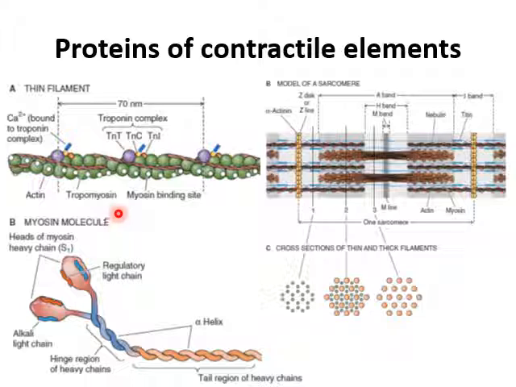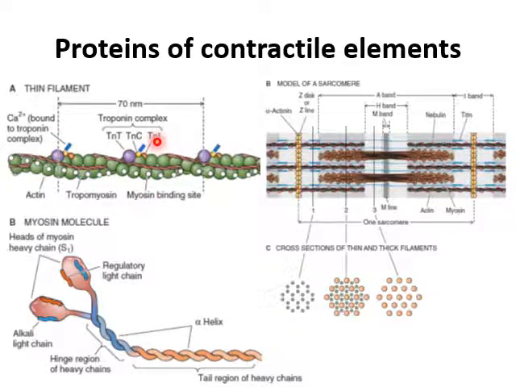Next, another important protein associated with the thin filament is troponin. The troponin complex consists of 3 components: troponin T, troponin C and troponin I, which are denoted by TnT, TnC and TnI. Troponin T helps in binding the other two troponin components to tropomyosin and to F-actin, whereas troponin C is a cation acceptor or calcium acceptor. Troponin I acts as an inhibitor of excitation contraction coupling.